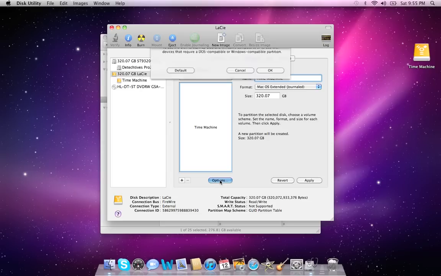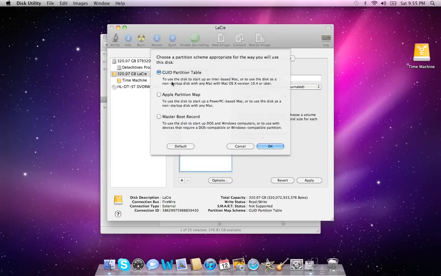Now click on the Options button here on the bottom, and make sure that when you format your brand new drive or old drive you want to use for this, that you select GUID partition table if it's an Intel Mac, a recent Mac. If it's an older Mac, it might be Apple partition map, you'll have to see. You don't want to select master boot record unless you're going to be sharing the drive with a Windows machine that requires